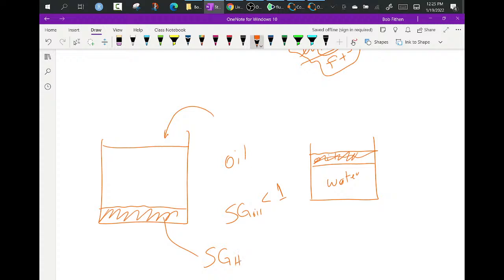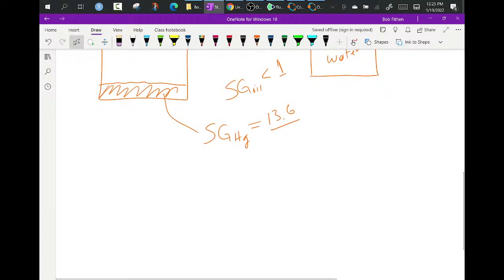So guess what? Specific gravity of mercury, since it sinks to the bottom, it has to be greater than 1. And it turns out it's like 13.6 or 13.56. I can't remember exactly, so I just use the value of 13.6, because that's pretty good. So 13.6 times heavier than water, meaning that if you grabbed it and put it in a cube